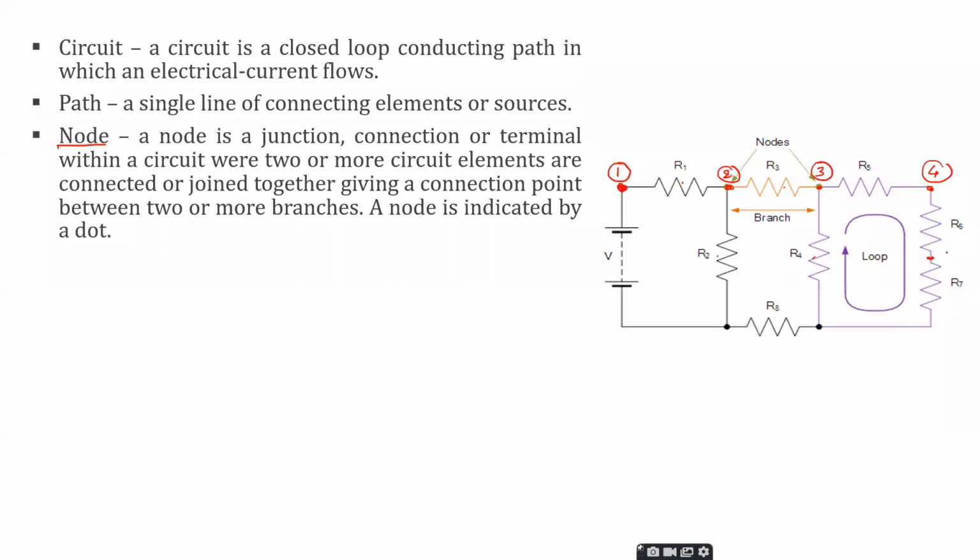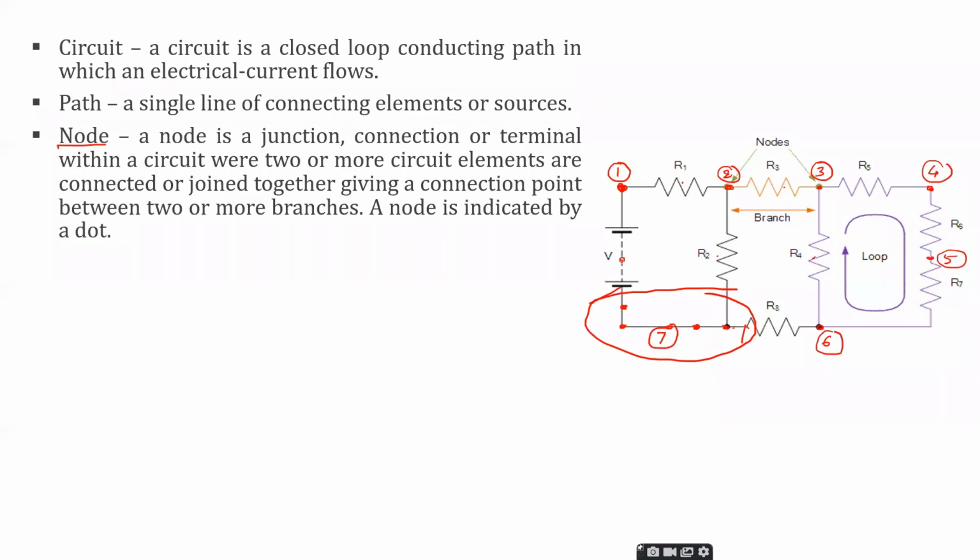R6 and R7 are connected. This is fifth. Then can you consider this as one more node where R7, R4 and R8 are connected? It is 6. Now these two are one and the same. Only thing is wire is extra. This node, this node, this node, they are one and the same, from this point to this point and this point. In this area, you can consider any point. From this area, a point can be anything, then that will be same. So all together we can say it as node number 7.